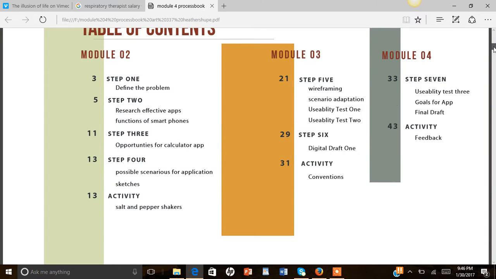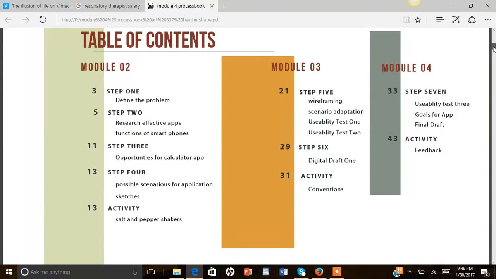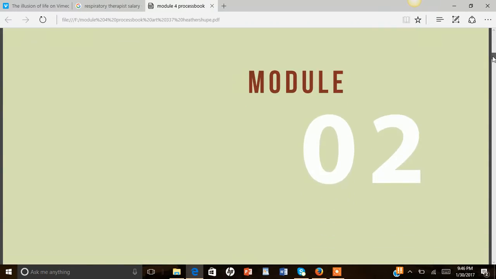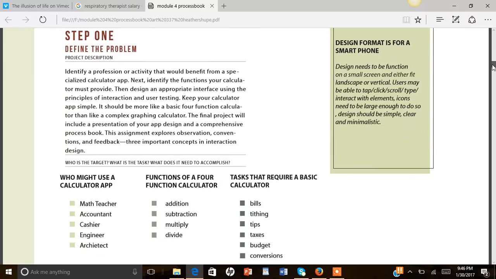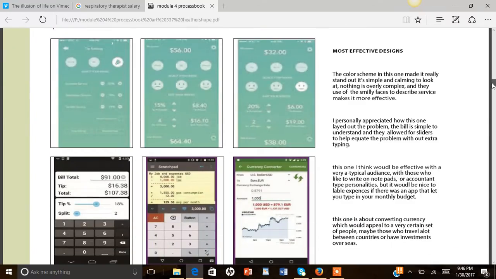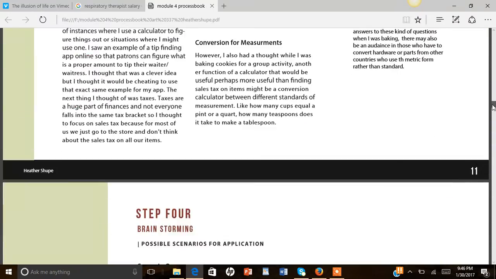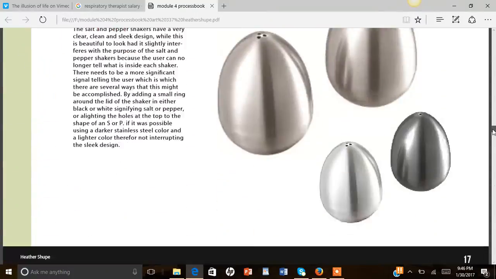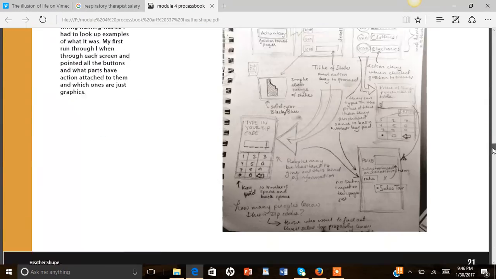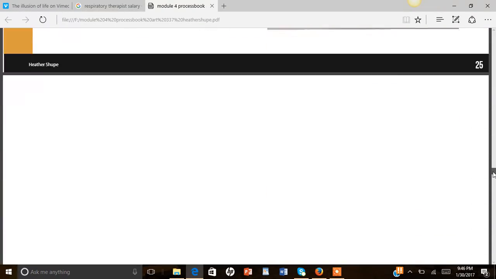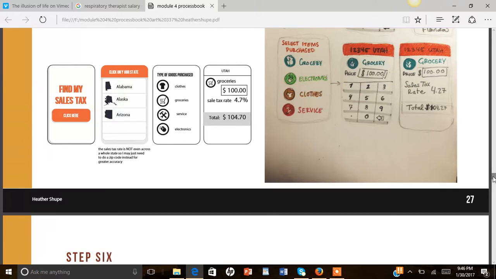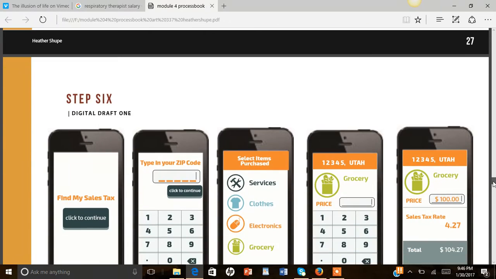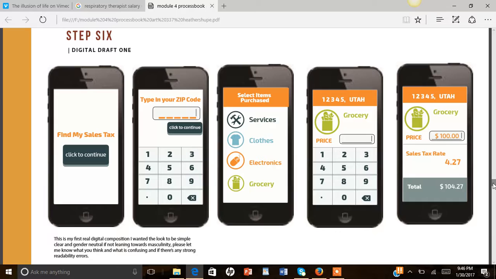Here's my process book that we've been working on for a while. There's the title page, my table of contents, and I'm just going to quickly scroll through Model 2 and 3. Scroll, scroll, scroll. Alright, so about here I'm starting to work on my digital comps for my